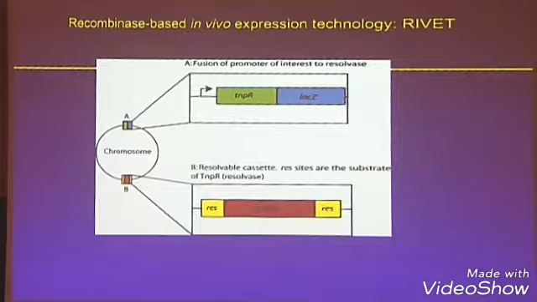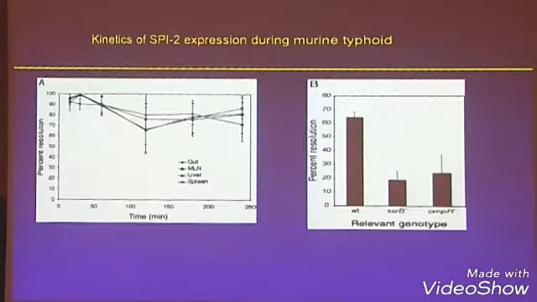So the first thing we did was take a SPI-2 promoter and then add it to macrophages, and we found that if it didn't go into macrophages, the SPI-2 gene was not on. When it went in, it resolved, and it then went on. So that makes sense. SPI-2 comes on deep inside cells later in the events. But what Nat did was then have a look at what happens actually in the animals. And we started 5 days into it, SPI-2 was on. Okay, that makes sense. 3 days, 2 days, 1 day, SPI-2 was on.